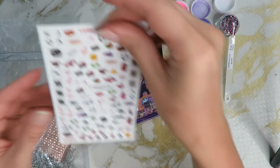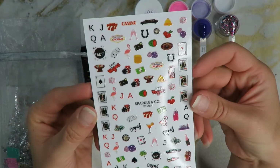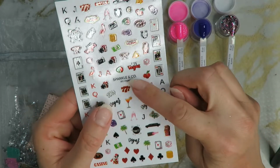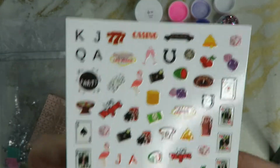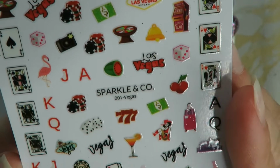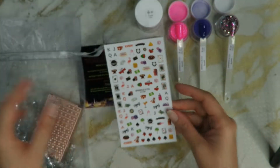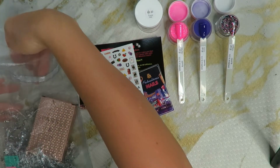They always give you a sticker, and then this month they sent a little something extra. So we got a bunch of little nail stickers, and they're all Sparkle & Co. How cute are these? They're all Vegas themed, and there's little fruits and cards and dice and just everything. It's very, very cute. And then the swag item this month,